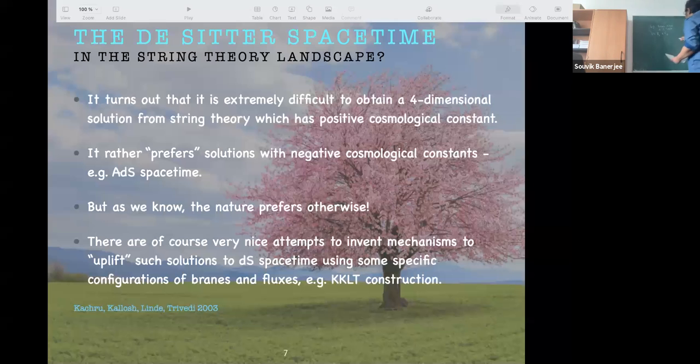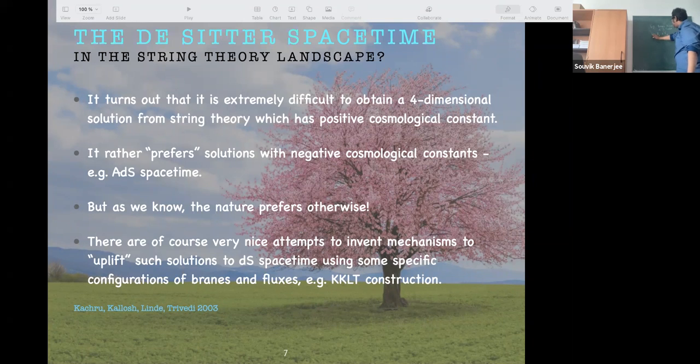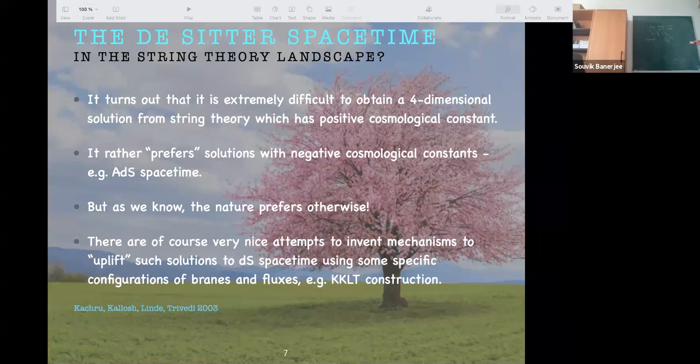So then you will see there are a few terms which someone who knows this knows, but we do not need to know this. You will find that if we impose supersymmetry, then the only surviving term is something like minus 3 by M Planck squared times the modulus of the superpotential squared. I think some of you have already seen this. Have you seen this before? Yes. Okay, so you see this potential is actually negative